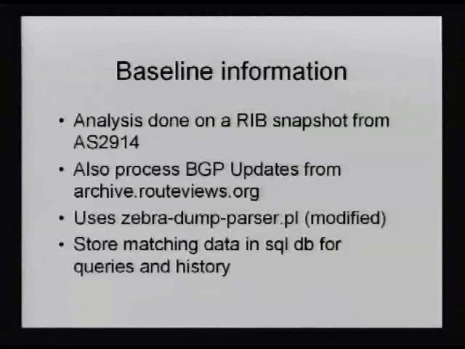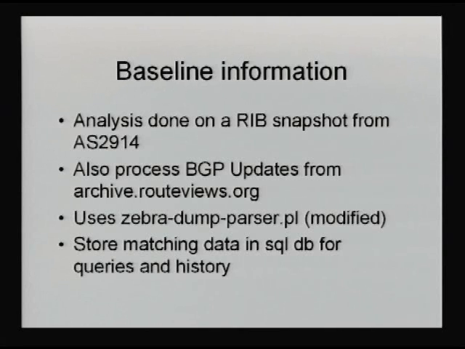Excellent. So my name is Jared Mauch. We have the case where there's a lot of routing leaks that exist on the networks right now. And so I came up with this way to analyze the AS path and figure out if it was basically highly likely to be something that was leaked or not.